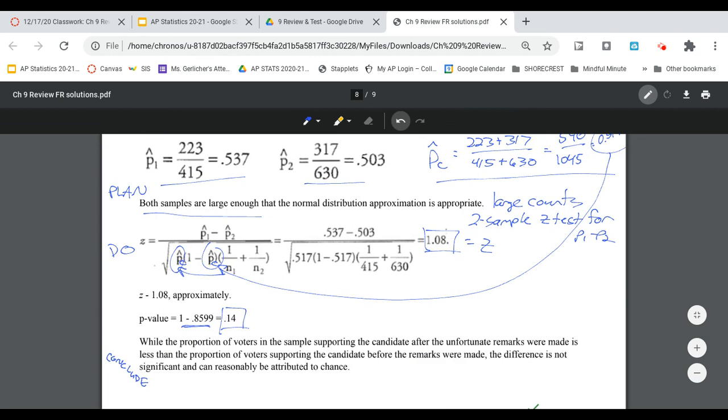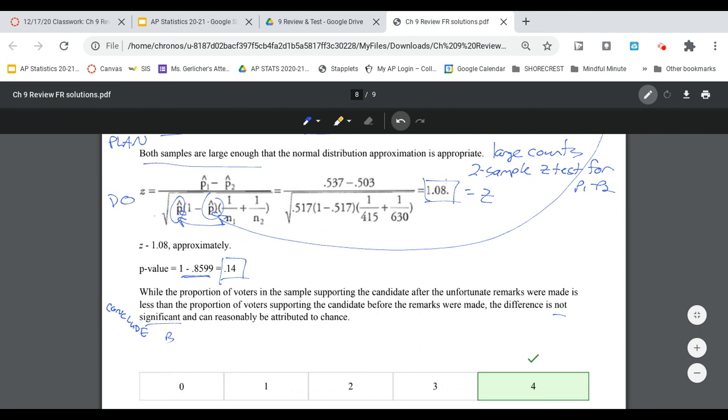And they did not use the exact sentence frame that we've been using, but it says the same thing. They said, well, the proportion of voters in the sample supporting the candidate after their unfortunate remarks were made is less than the proportion of voters from before. So the reviews of this candidate did get worse. The difference is not statistically significant and can be reasonably attributed to chance. So another way that we would say that,